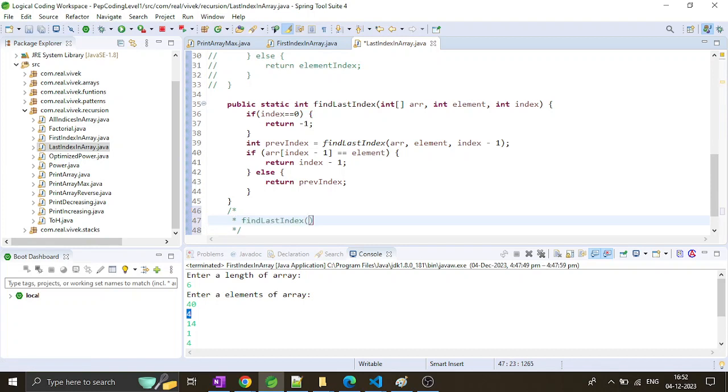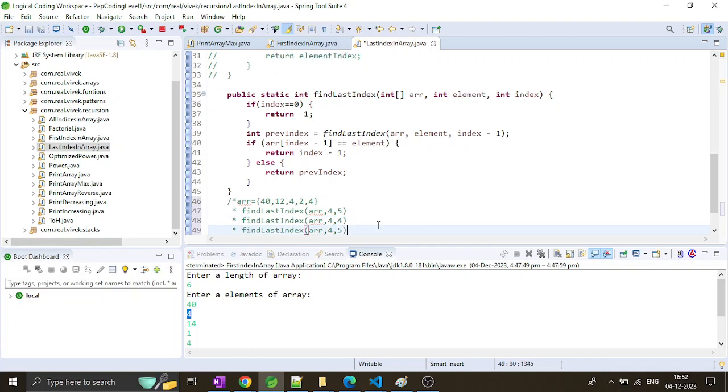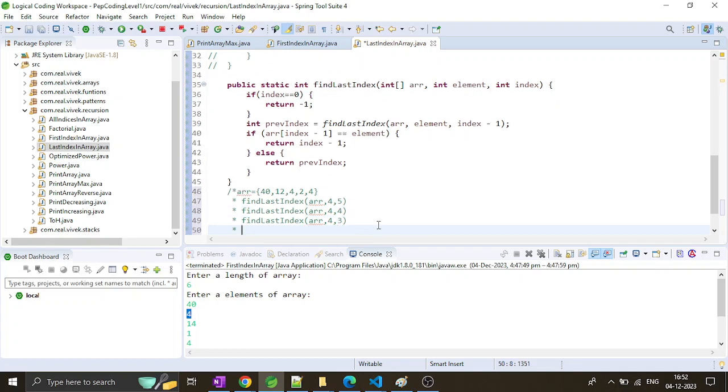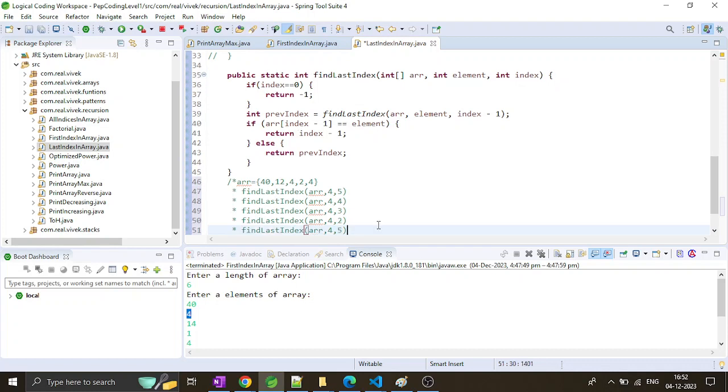So for the first time, let's say if we have an ARR which is 40, 4, 12, yeah, so let's say we have this and we give ARR, 4, index as 5, then this will call, this will come here, this will make another recursive call with 4, this will make another recursive call 3, 2, 1,